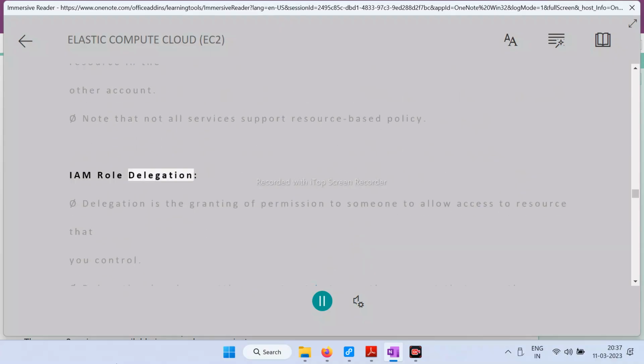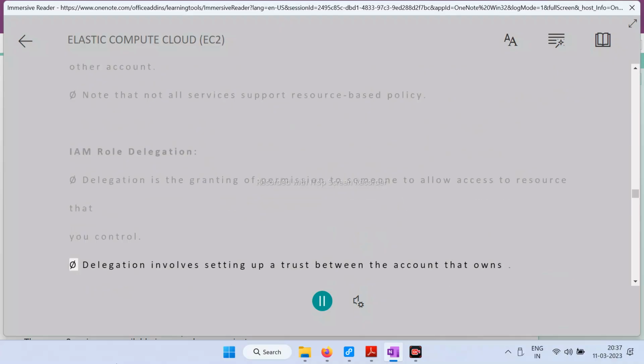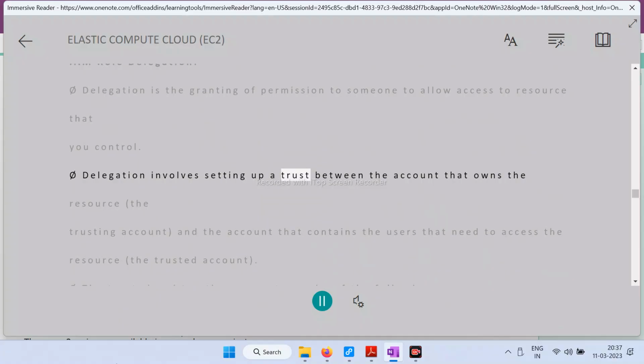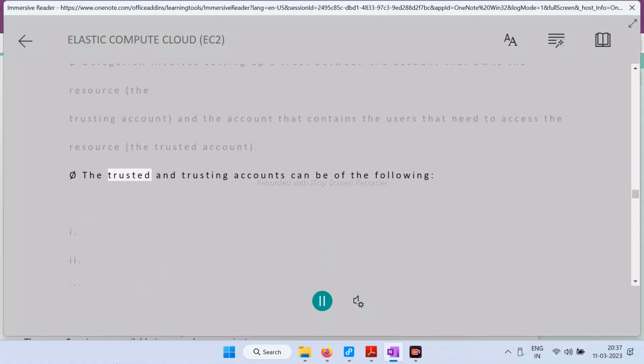IAM role delegation. Delegation is the granting of permission to someone to allow access to a resource that you control. Delegation involves setting up a trust between the account that owns the resource, the trusting account, and the account that contains the users that need to access the resource, the trusted account. The trusted and trusting accounts can be of the following: